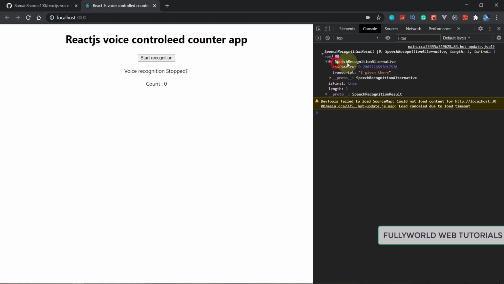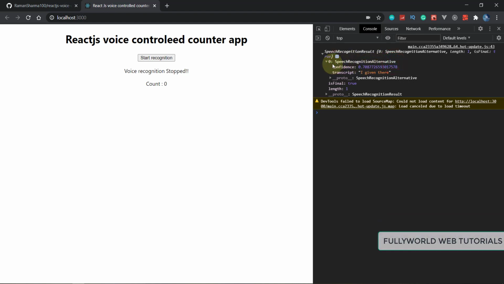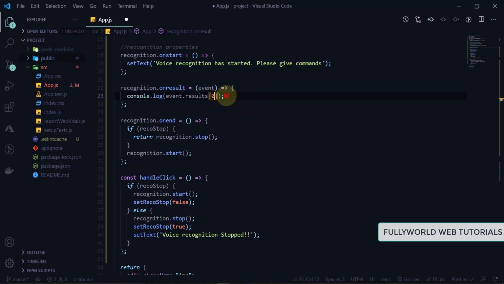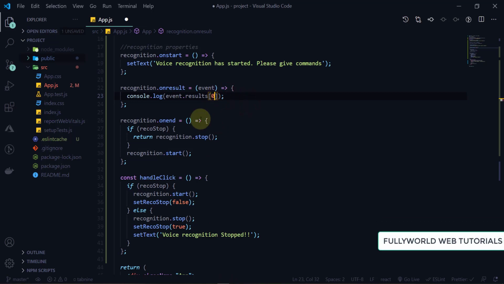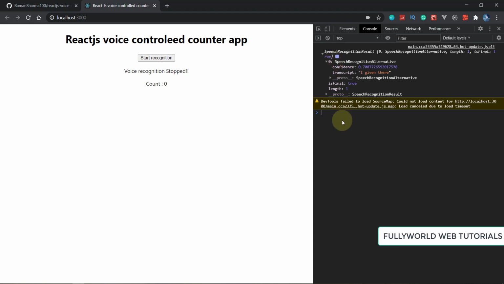So speech recognition results I am getting, but now there is also one array there. So there is also one array, and that array's transcript we want. So what do we have to do? That array's transcript we want. So that is a 2D array. So you know how we can handle this 2D array. We can write like this.